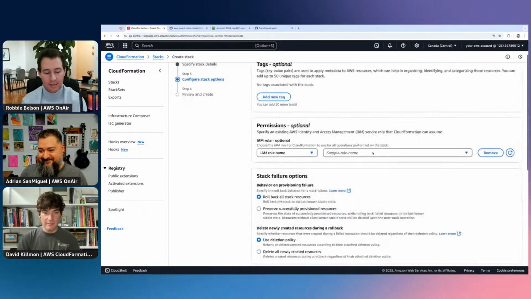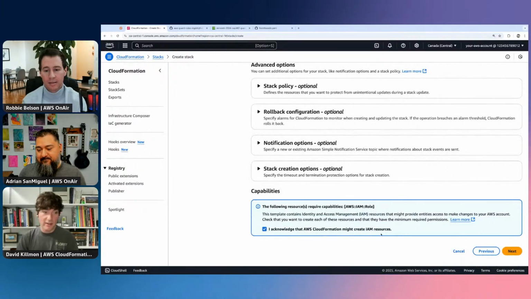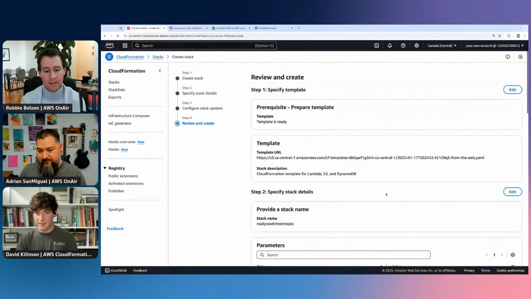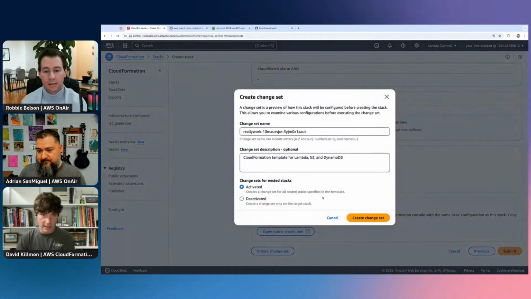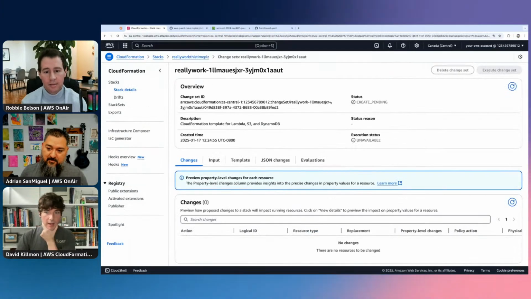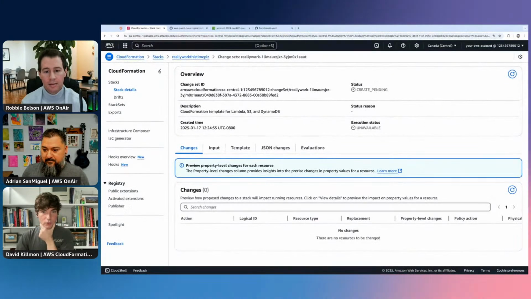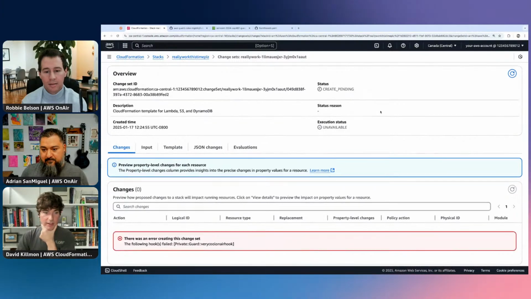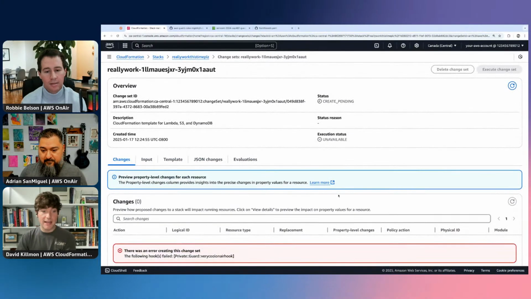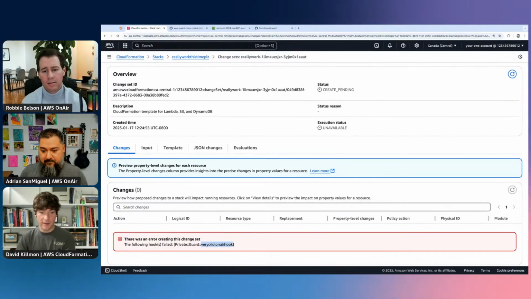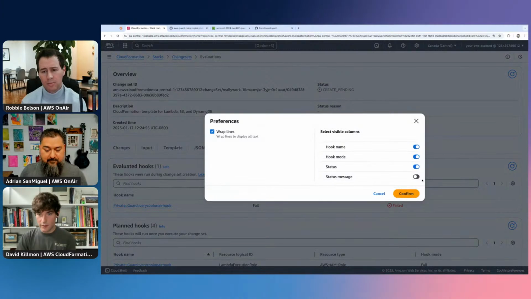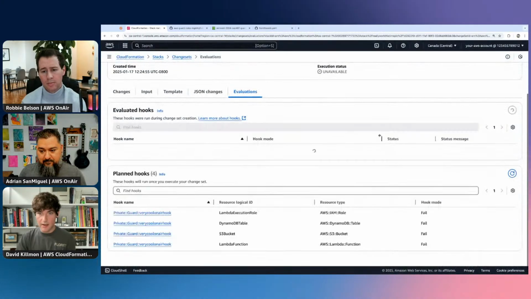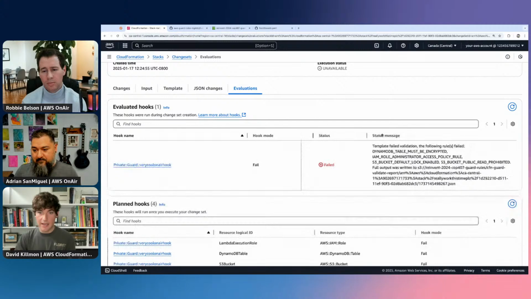The happier I am, and the faster I can actually make changes to fix the issues that are coming out. So this time, instead of just creating the stack with the submit button, I'm going to press create change set. And this change set is going to try to be created, but this time the change set failed because my very cool OnAir hook failed. And if I go over here and click the status message, you can see this time,